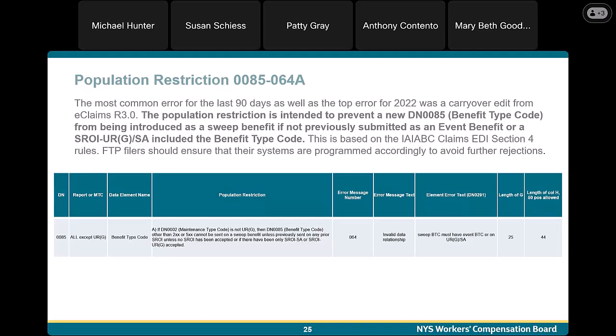The one exception to this that I will note is we do have a few edits in place that if you happen to miss some historical benefits, in some instances you may file the SHROI 02 as long as that benefit period through date does not exceed the current benefit period through date. We also recently did outreach to a few trading partners who we noticed had the highest rate of these errors. So if we did reach out to you and you have any questions, you are welcome to also contact us.